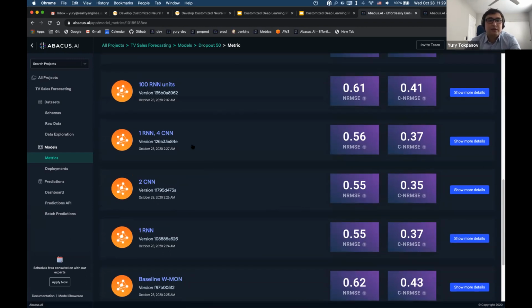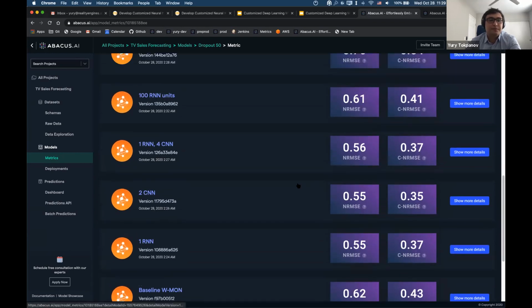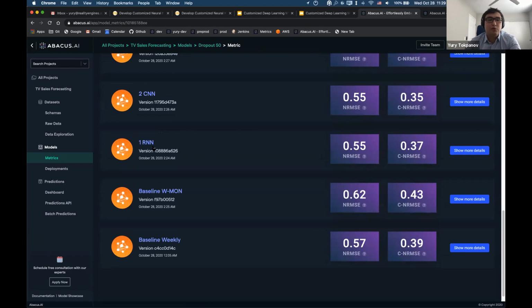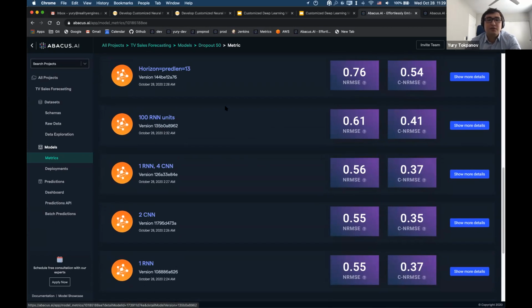Another thing that I've tried is using different combinations of RNNs and convolutional layers. In this case, I was using the default number of recurrent layers, but put 2 convolutional layers on top of it, and again, it improved our metrics here. I've also tried increasing the number of recurrent units, and it made our predictions slightly better in comparison with baseline, but worse in comparison with just using one recurrent layer. Basically the reason here is that our data set is not that big. So if we're increasing the size of a network, if we're increasing model complexity, we will